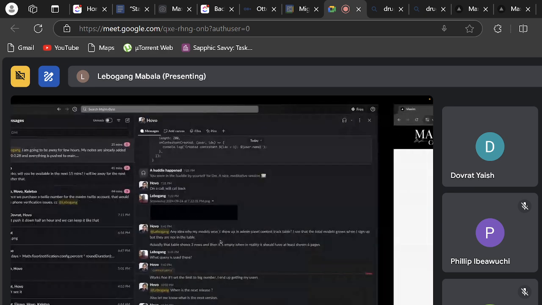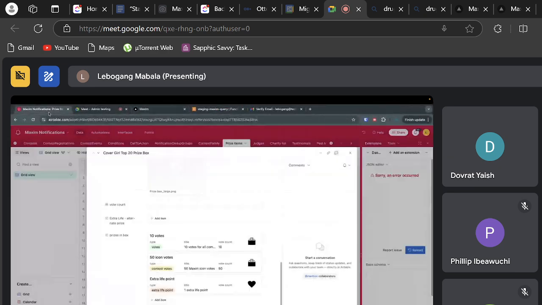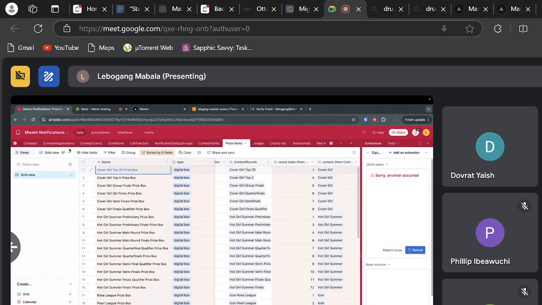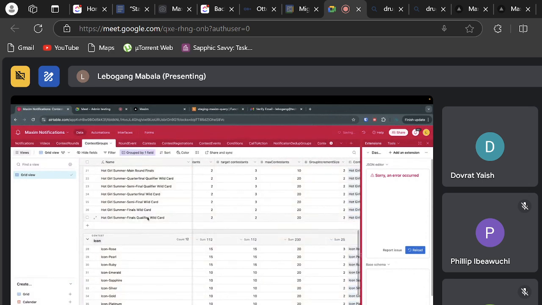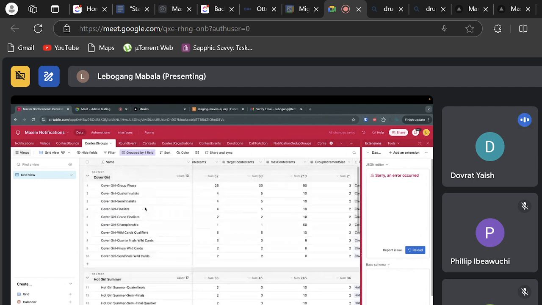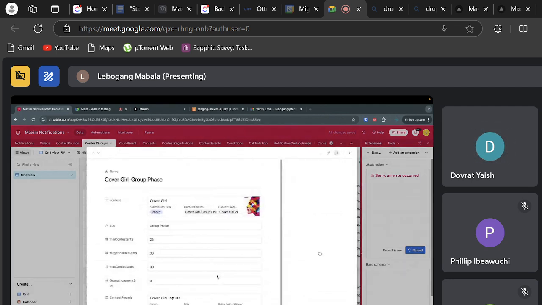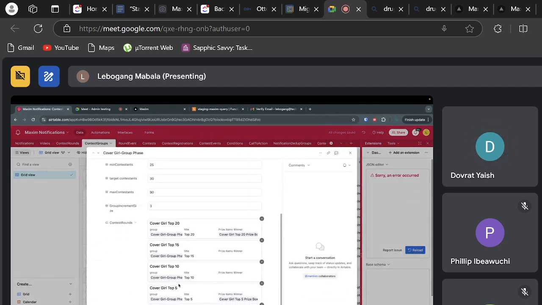So a good example to see the difference between groups and contest groups and rounds. If I go into this group here, right? If I go to this group phase, you see the rounds here, the rounds for this group. As long as I'm in this group phase, my votes will accumulate, right?